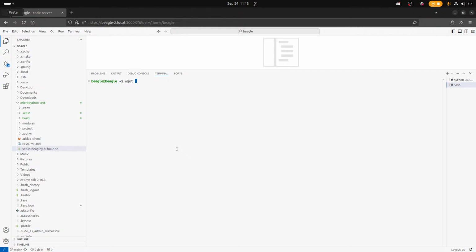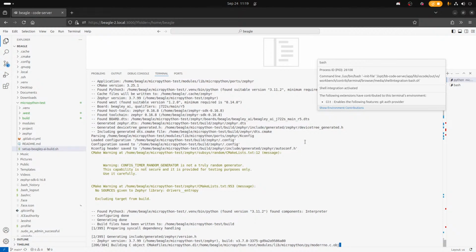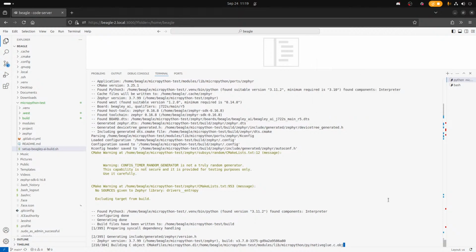I don't know why I can't paste anything. I'll read that later someday. So now I should just be able to copy my binary.